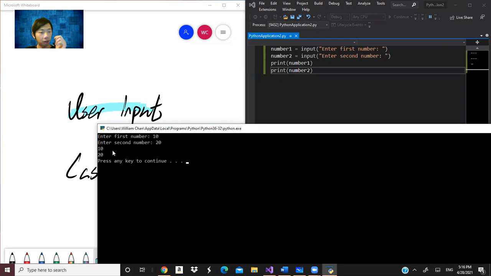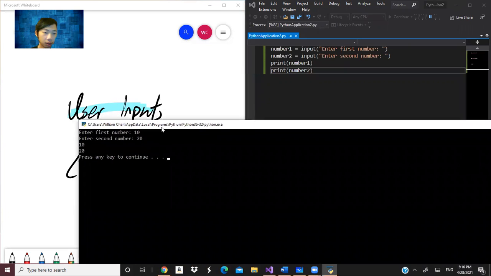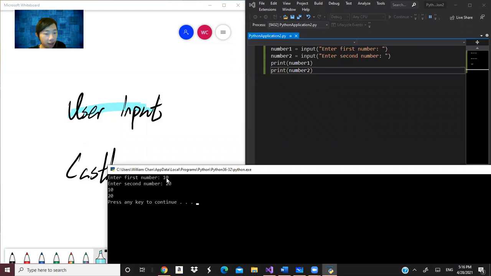So you put the same 10 and 20. What is the data type of 10 and 20? Is it int? Does it belong to ints, or the float, or the complex?